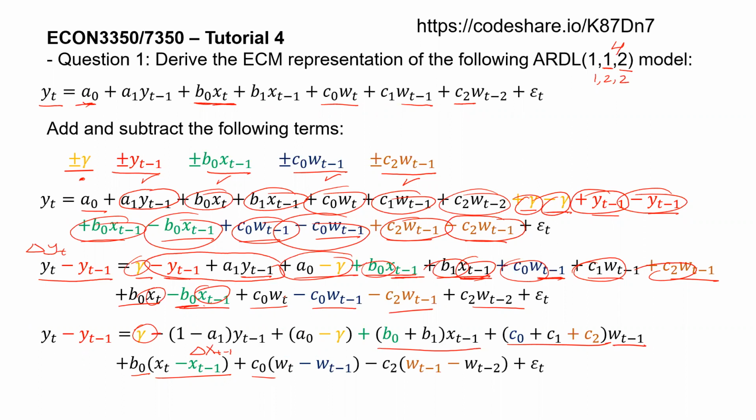In here, I'm grouping by c0, so wt minus 1. Of course, you know, delta yt. And finally, I am grouping by c2. So I have c2,